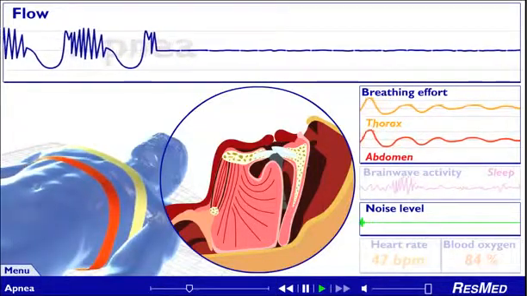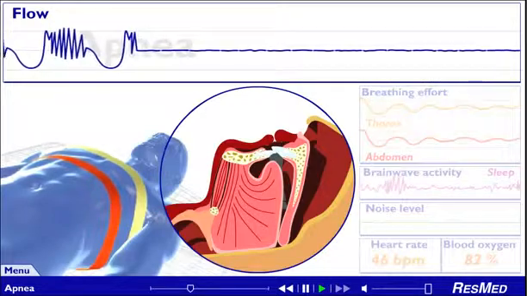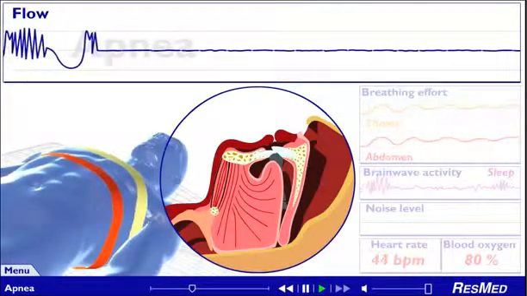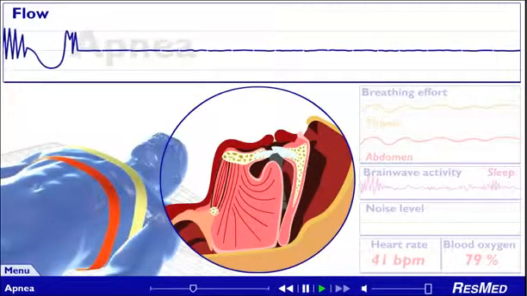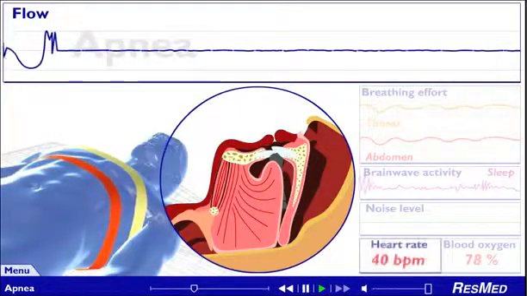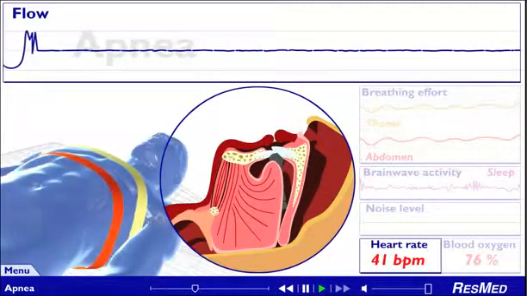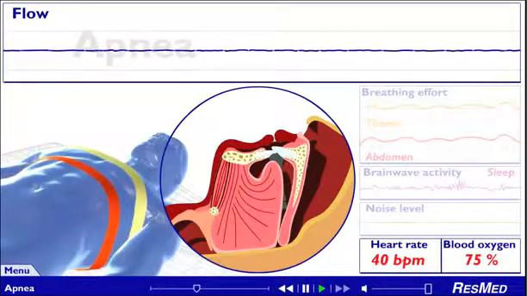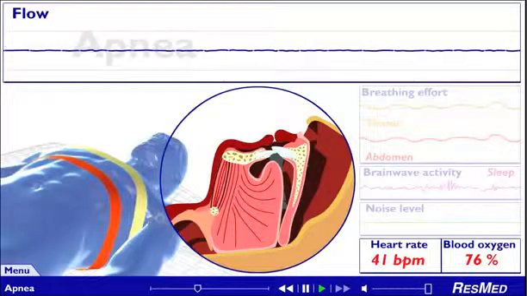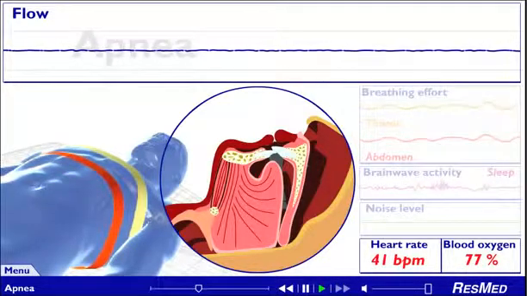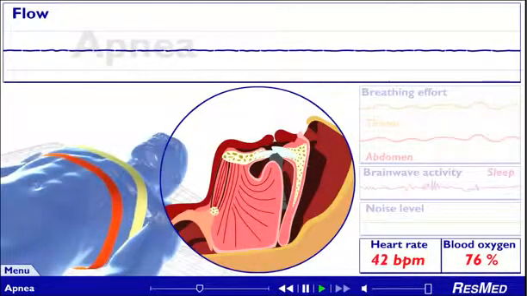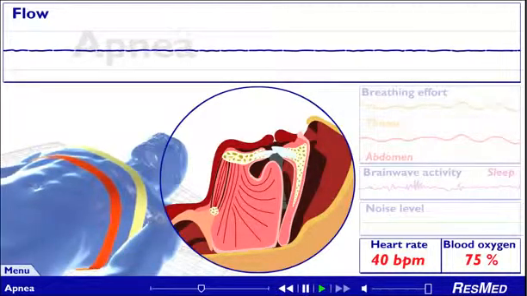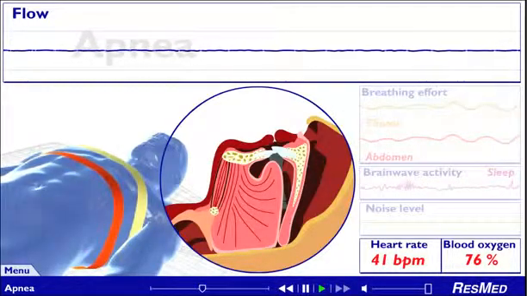Our model has stopped breathing. An apnea can continue for 10 seconds or more, and in severe cases for up to a minute or longer. During this time, the heart rate drops significantly. So does the level of oxygen in the blood, since no fresh air enters the lungs to replenish the depleting oxygen. The brain soon realizes that the body is struggling. That is why an apnea always triggers a strong arousal,